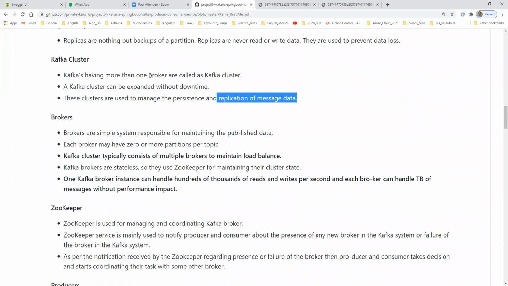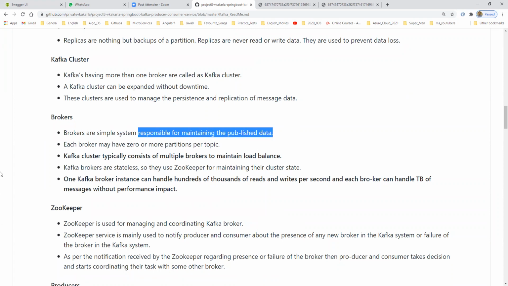Fine. Now, I already said Kafka is maintaining some brokers, right? So what are brokers? Brokers are simply systems responsible for maintaining published data. Whatever data we are publishing, maintaining that data is taken care of by the brokers inside the Kafka cluster.